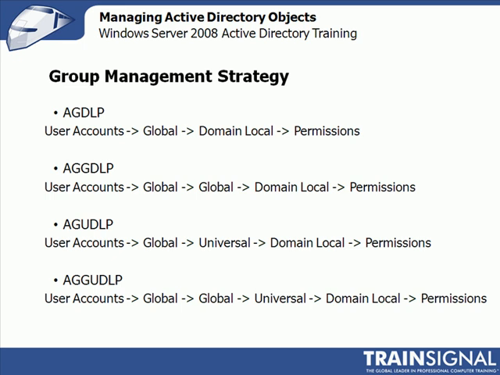We then go back to the domain where we might have some resources for the sales documents. We create a domain local group called Chicago Domain Sales Documents Read Only. Okay, I'm just making up names here. And we take the universal group, and we make it a member of that domain local group, and then we assign permissions. And the very bottom one we have here, AGGUDLP, it's basically a combination of taking the AGGDLP strategy,